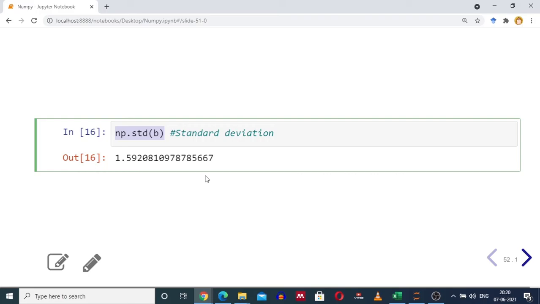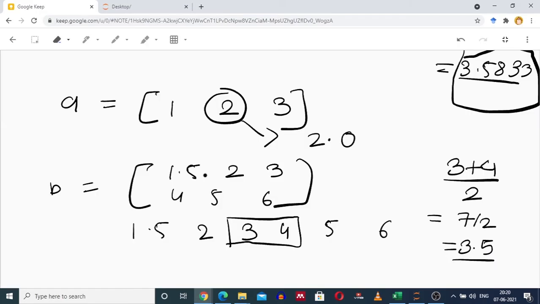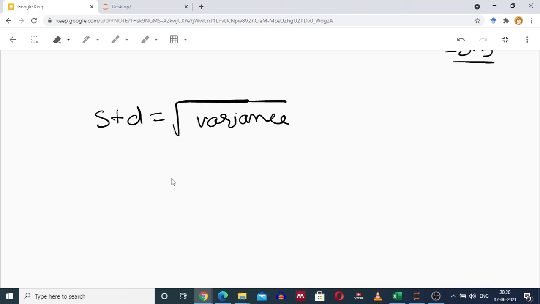Formula for computation of standard deviation, moving back to the drawing board: it is the square root of variance. Standard deviation is the square root of variance. And now what is variance? It is the average, meaning 1 by n, where n is the total number of observations, of the sum of squared differences of the data points with the mean.